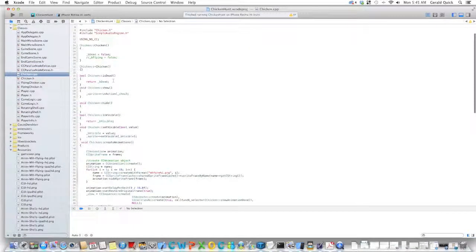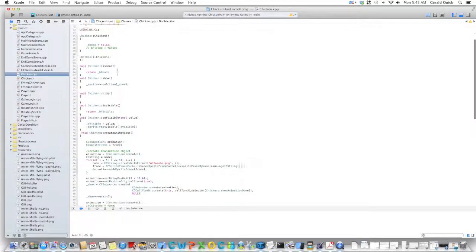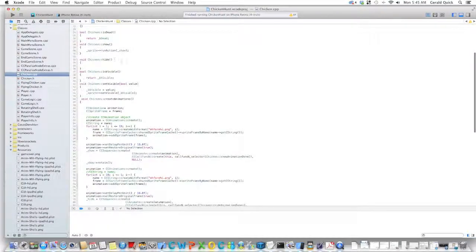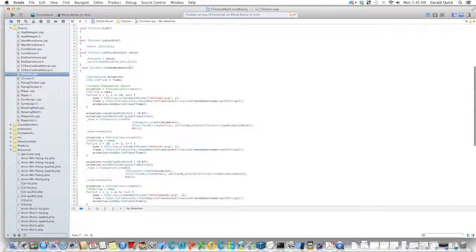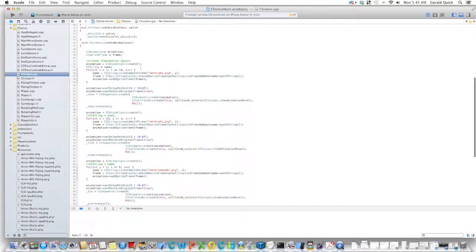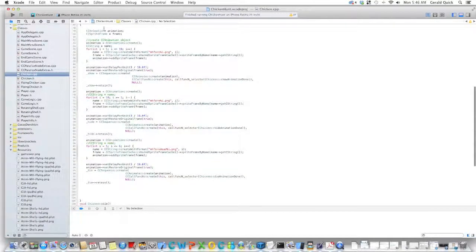Okay, this is my chicken class. So when you instantiate it, make sure it's not dead. And then anything normal, just setting it visible, invisible, creating animations. Now this is cool. Okay, this is something to look at. Alright, so I create a new CC animation,